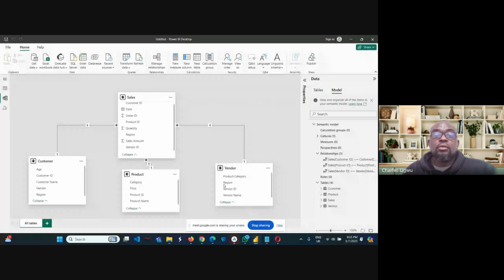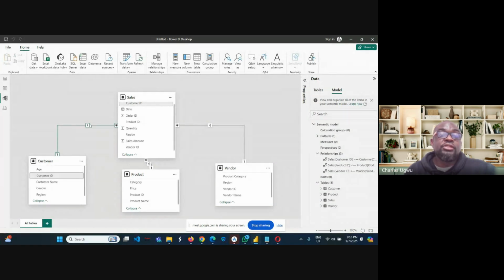So when we started, we'll find out that these three tables have relationship already because the data is very clean, but they do not have any relationship with the vendor table because the vendor table at that point wasn't clean. So we have to transform the vendor table to create a relationship to make them have a relationship with this set. So if you want to disintegrate this, if they have an issue, everybody wants to be on their own,